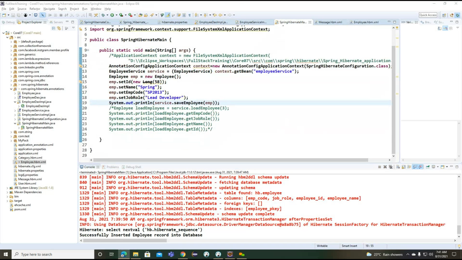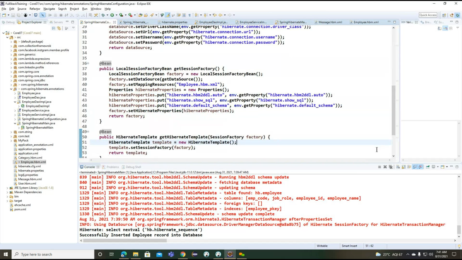Why is the session factory not working? Let's see if any configuration is missing. Local session factory bean and data source, mapping resource, and the dialect is not provided, right? Annotations we are not working with.